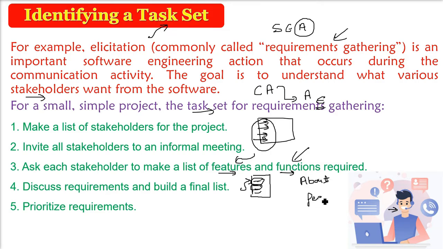See, somebody will say, I want this about box. Somebody says feedback will be there in my website. So what exactly is the priority? This you have to list out, because an informal meeting has already happened. And now you are building a list and you have to prioritize also. Now you have to understand what the areas of uncertainty are, because you have the requirement with you. There should not be ambiguity in your understanding.